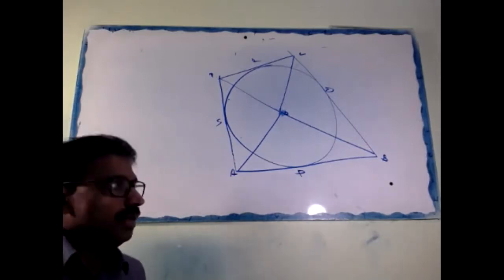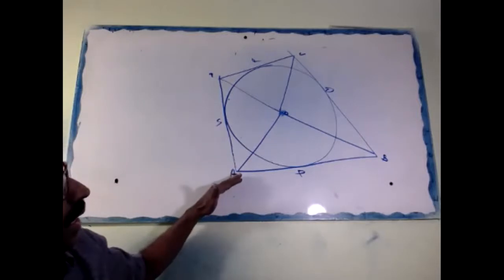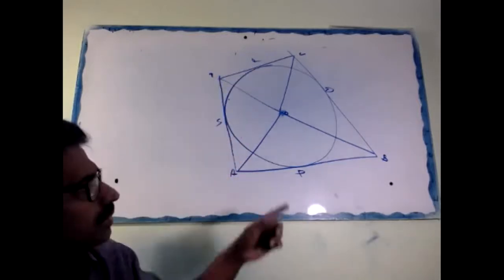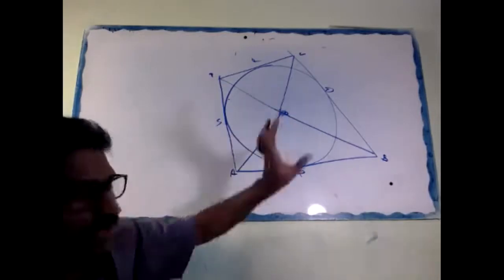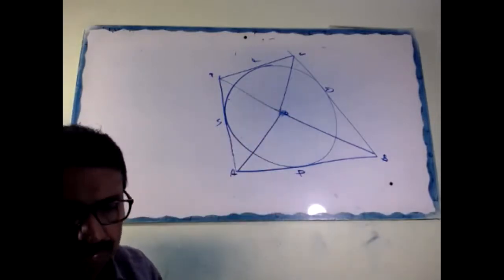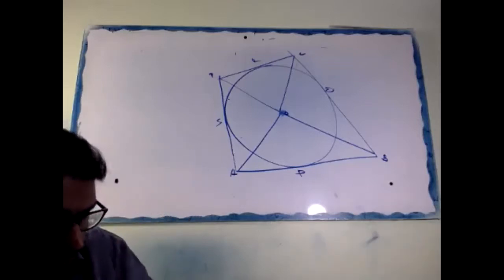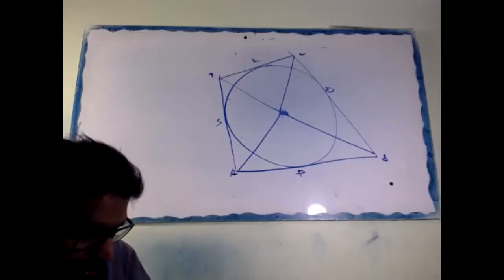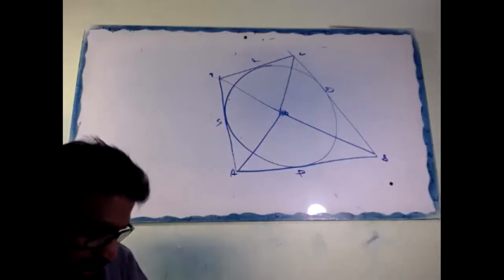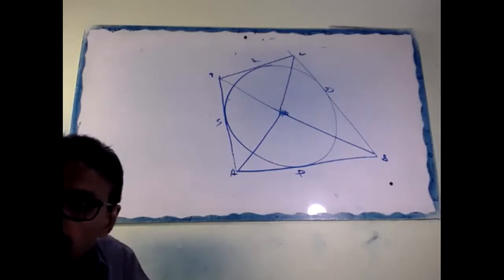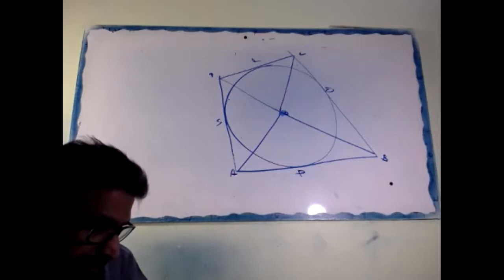Look at here. It's not a straight line. Don't think AOC is a straight line. This is also not a straight line. So it's not a vertically opposite angle also. Okay, draw the figure first. Draw that, I'll explain this one.